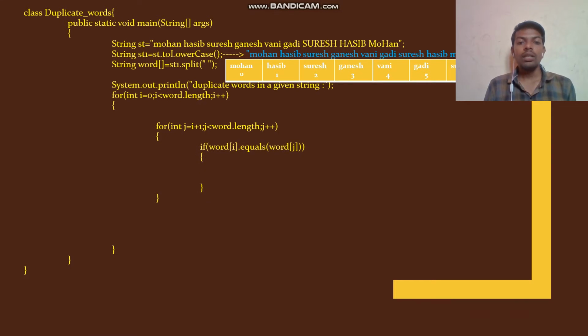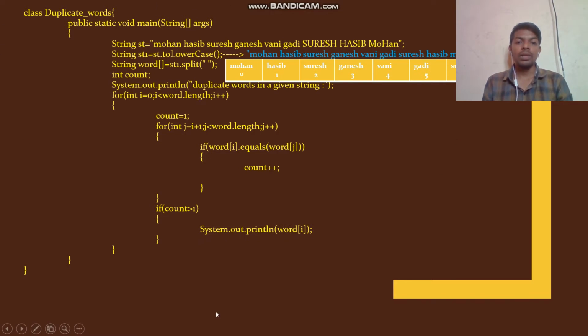So there is an if condition. This if condition checks whether the first for loop value and the second for loop value are equal, then count will be incremented. The count variable is initialized to 1. If count is incremented by 1, then count equals 2 here. If count equals 2, then that word comes 2 times, so we can consider it a duplicate word. If count is greater than 1, then print that duplicate word. So this is all about the explanation of the program. Now we will try to execute the program.